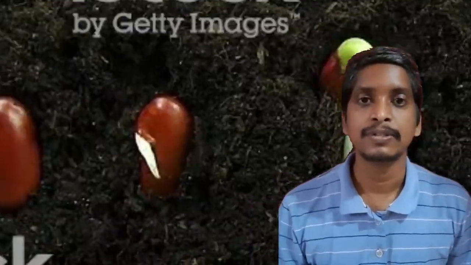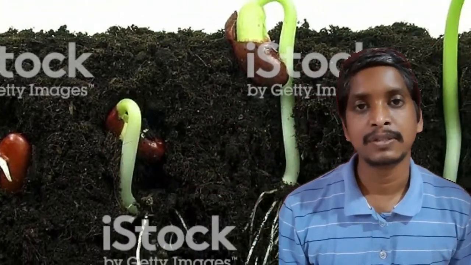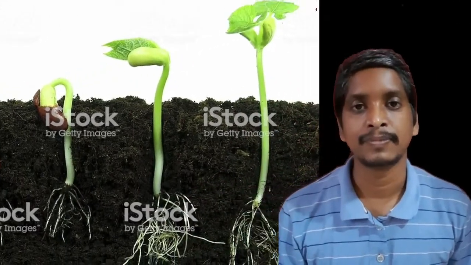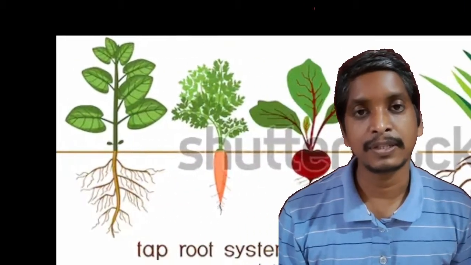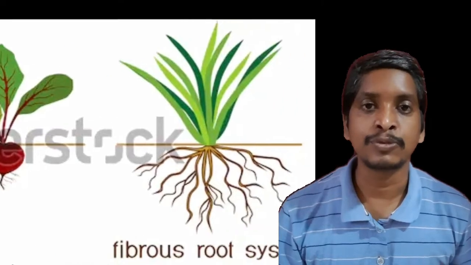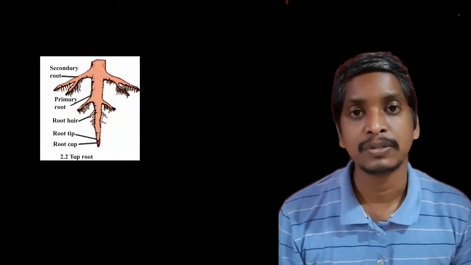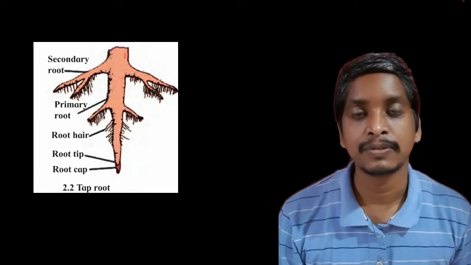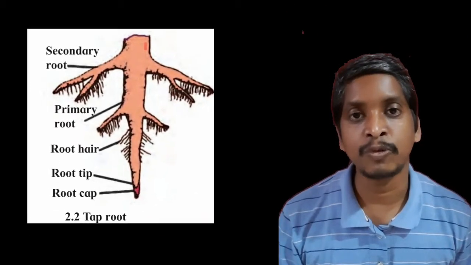First, what are roots? Roots are the parts of plants which grow under the ground, towards the soil from the stem. Roots are mainly of two types. First, taproot. Second, fibrous roots. What are taproots? Taproots are the roots which grow deep into the soil, and grow secondary roots which spread far and wide and give support to the plant. And fibrous roots are the roots which are thread-like or fiber-like.